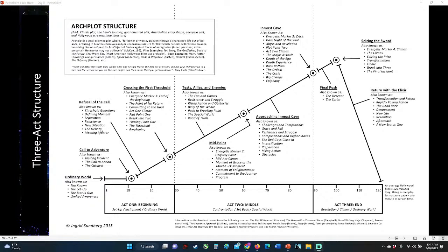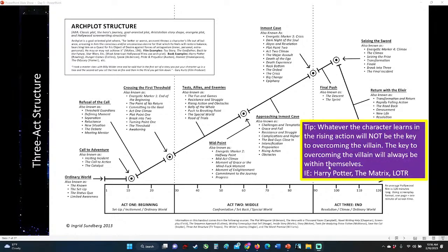yeah, you want to take a look at all of these before you make your decision, especially if this is your first novel. You want to think about your premise and think about, okay, which one of these is the most like what I think I might write anyway? All right, so let's not try to push against how you would normally act or how you would normally write. Okay, so my tip for you